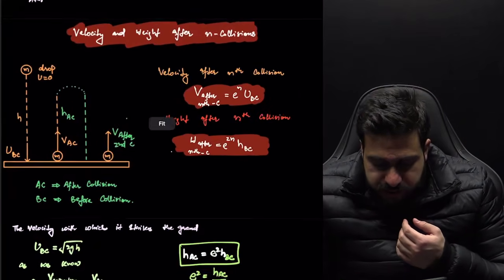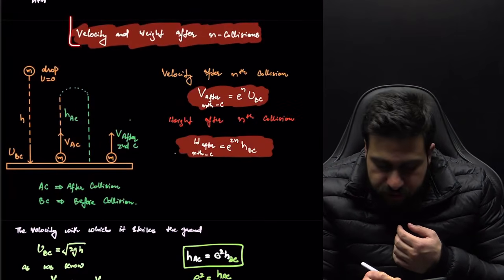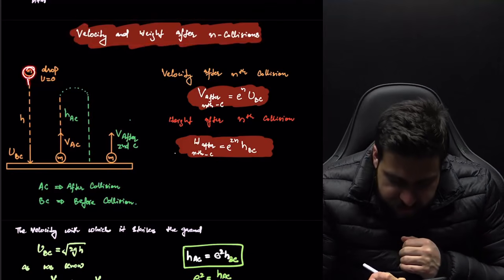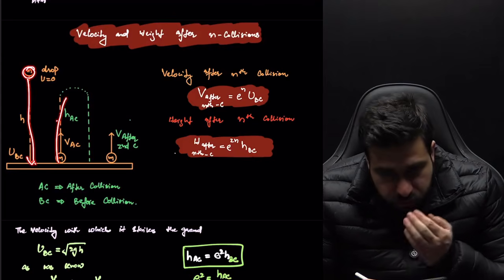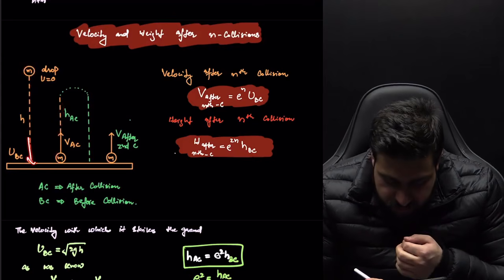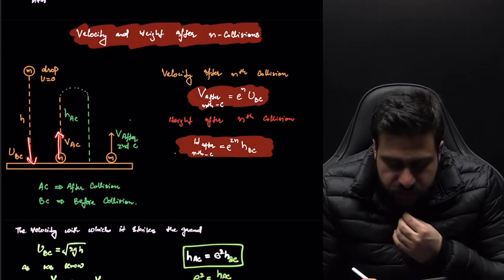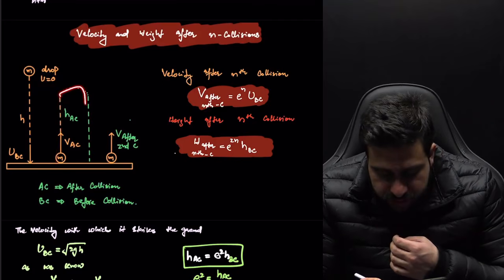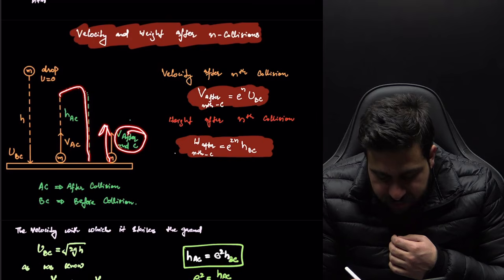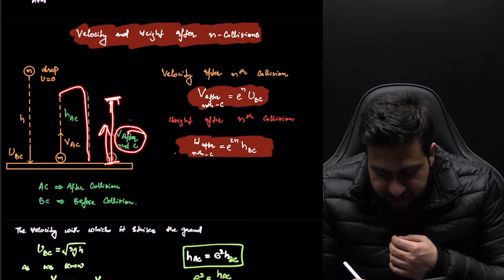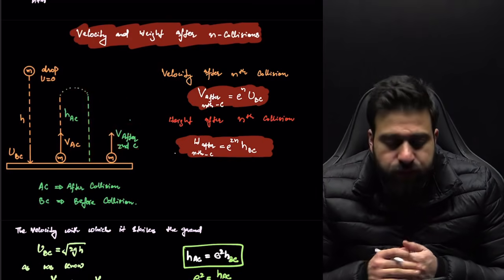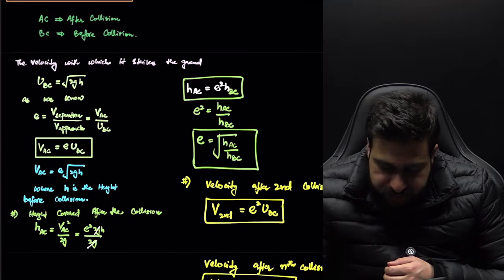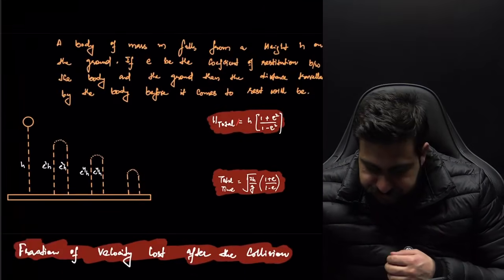So, my dear NEET aspirants, in this particular problem pattern, if an object is released, it strikes the ground, then it goes up. This is the velocity before collision, this is the velocity after collision. This is the height covered after collision. Then it falls down. This is the velocity after second collision, and this will be the height after second collision. Similarly, it can do n collisions. I have told you the complete detail over here. You can check it. You can understand this also.